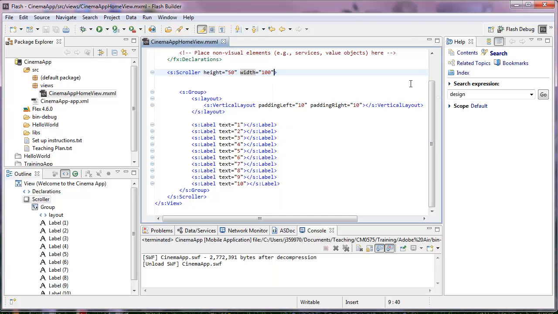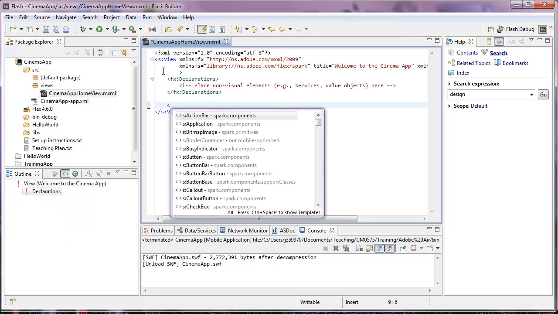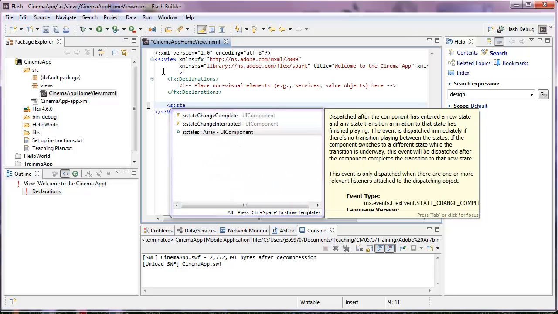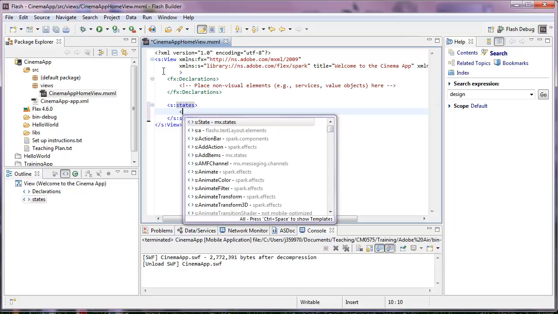Right, going back to orientation, yeah, so by default your orientation's portrait, but you can set different layouts for whether the phone is currently being viewed in portrait or landscape mode. And the way that we do that is we create some states. So let's have a look at how we do this. We'll just get rid of this and we'll start from scratch so we're not getting confused. And I'm going to create some states. Here we go. And the states that I want to work with are,